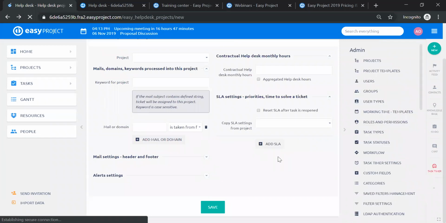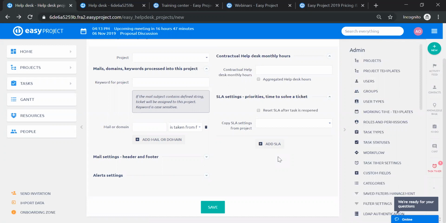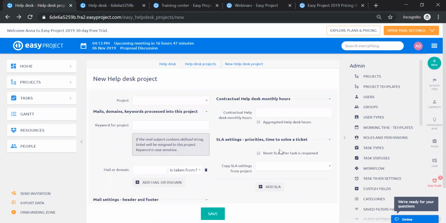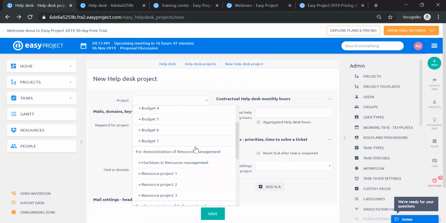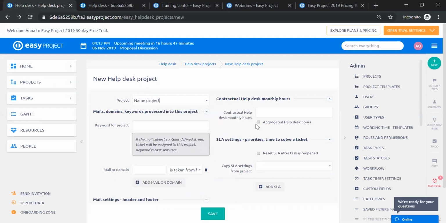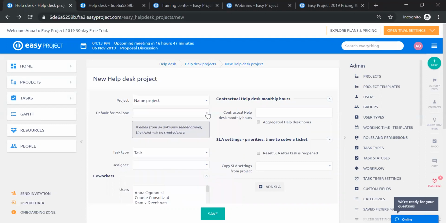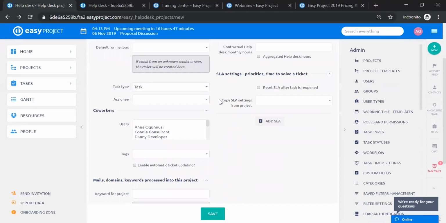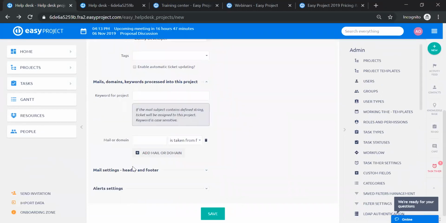If we were adding a project for a special client, then we would select a project, any project really, but we wouldn't be adding the default domain, the default mailbox, sorry, but we would focus more on this part,